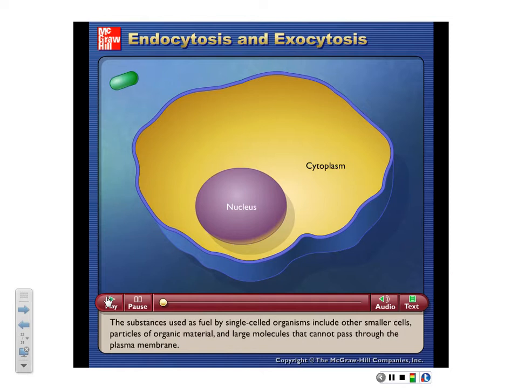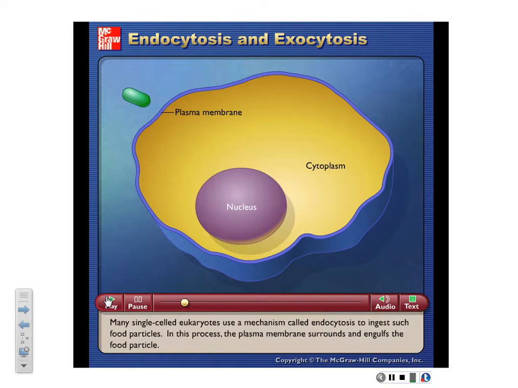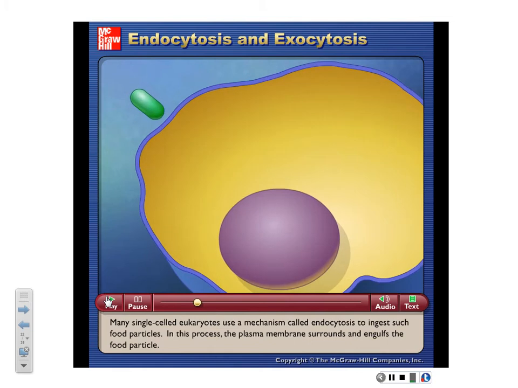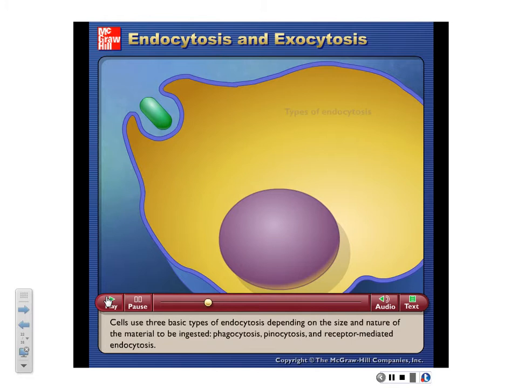The substances used as fuel by single-celled organisms include other smaller cells, particles of organic material, and large molecules that cannot pass through the plasma membrane. Many single-celled eukaryotes use a mechanism called endocytosis to ingest such food particles. In this process, the plasma membrane surrounds and engulfs the food particle. Cells use three basic types of endocytosis depending on the size and nature of the material to be ingested: phagocytosis,